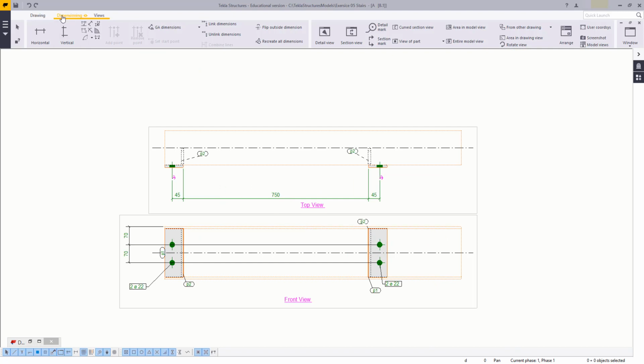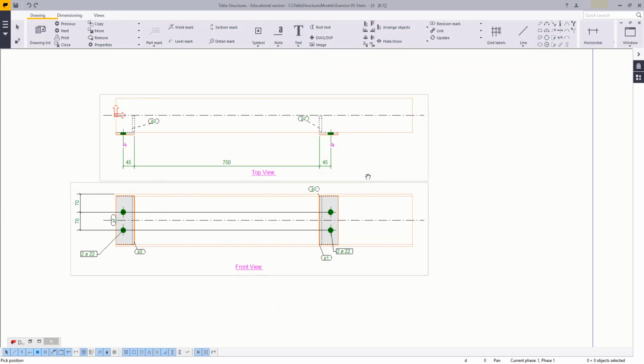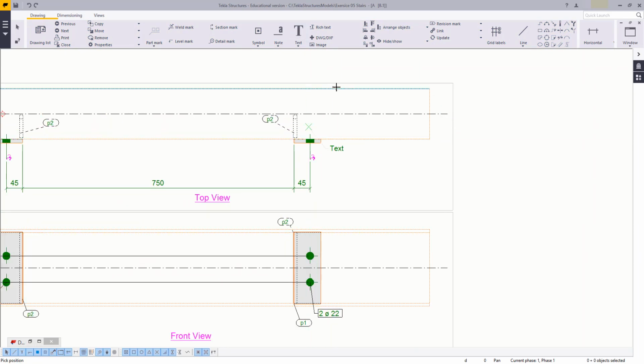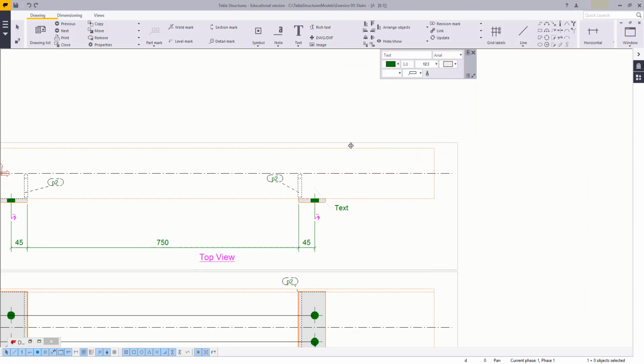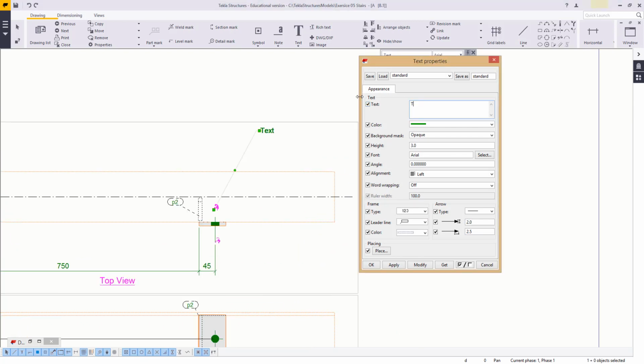Put in a note, go over to text with a leader, and just put that in, move that out, and say to be site place,